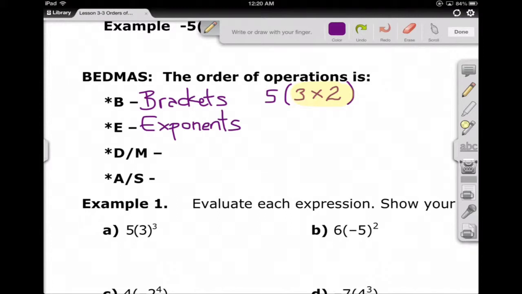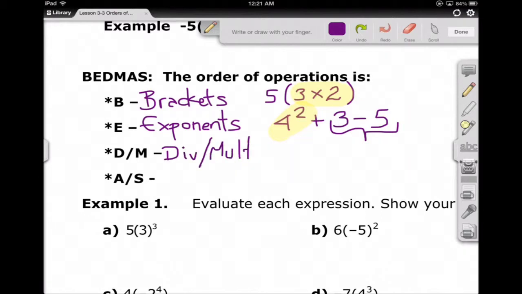If in this case we had 4 squared, if we had this, for example, exponential notation, when you look at exponents, it's repeated multiplication. You have to take that on right away. You apply the exponent, you would need to do the 4 squared first before you did this next half of the mathematical operation. Division and multiplication